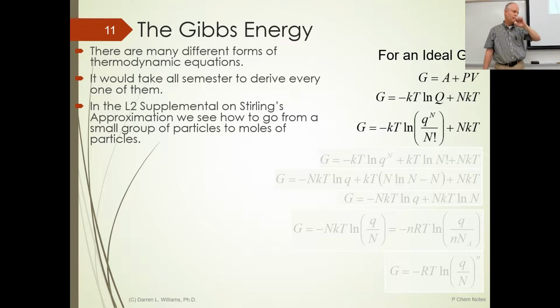And so this capital Q is for an ensemble of molecules. You can take those individual molecular partition functions, which is the little q, and for every molecule, you have n molecules, the total partition function is those individual partition functions multiplied by each other. So if you have n molecules, you have n individual q's. But if they're indistinguishable, then you're overcounting the number of possibilities. And so you divide by the number of molecules factorial.